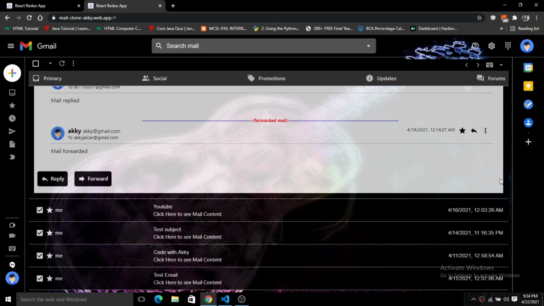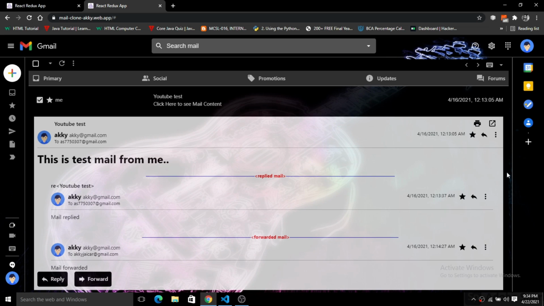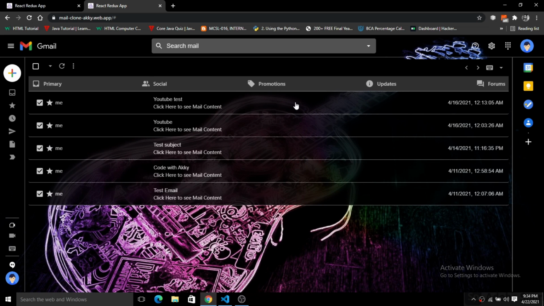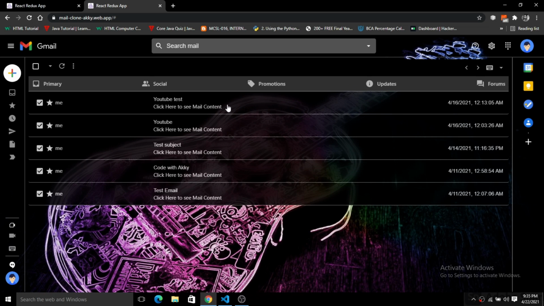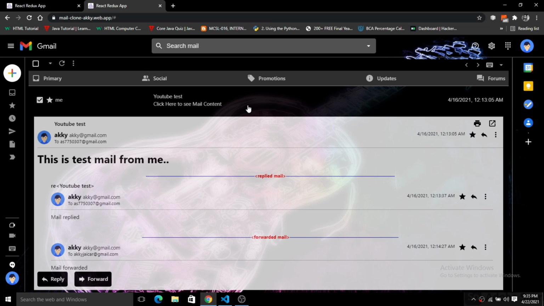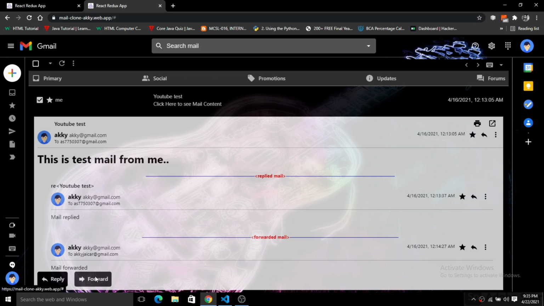we would implement the accordion feature. If you can see here, we have this accordion. Basically this accordion is very important because you can see we can simply manage the whole mail inside of this accordion. So we will integrate the accordion here. After that we will add two buttons, one reply and one forward. So here we also have a modal pop-up for the reply and a modal pop-up for the forward.